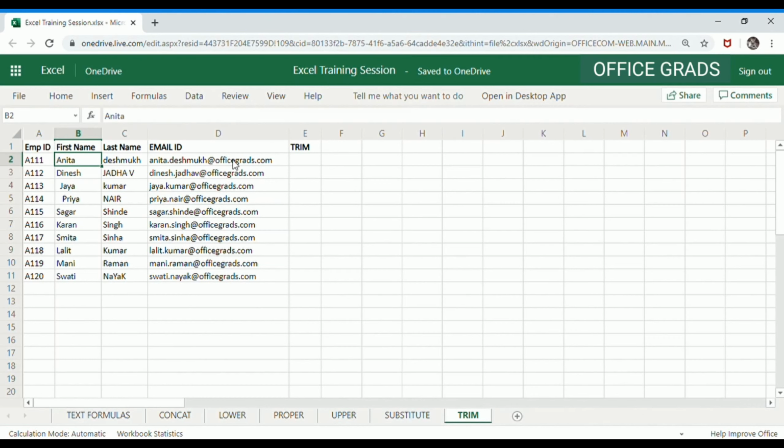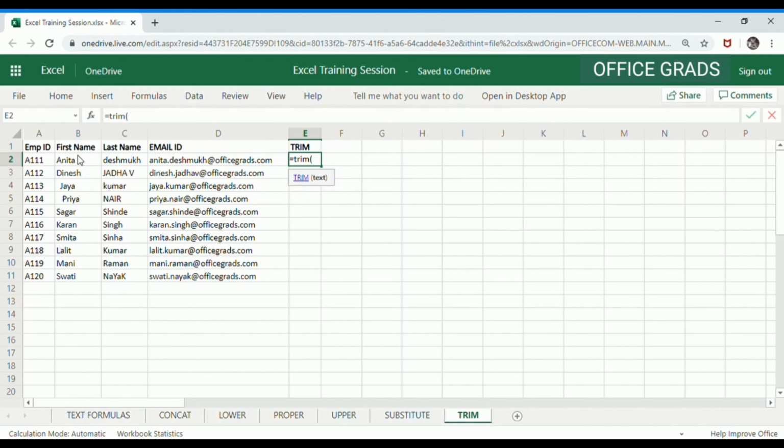Let's find that out. For this, we have a very good function in Microsoft Excel called the TRIM function, and the name itself suggests that it trims down your text string. It removes all the spaces before or after the text. So let's find out how. Equals TRIM, bracket open, and you might notice that the description itself says it removes all spaces from a text string except for single spaces between the words. So let's see how this functions.